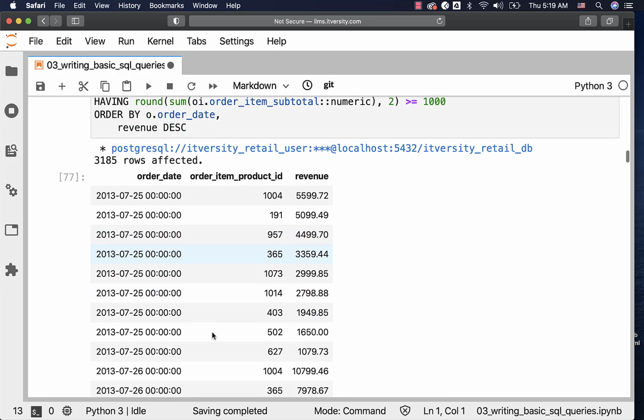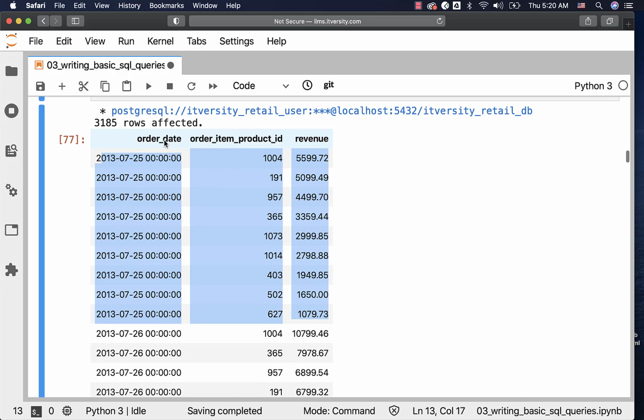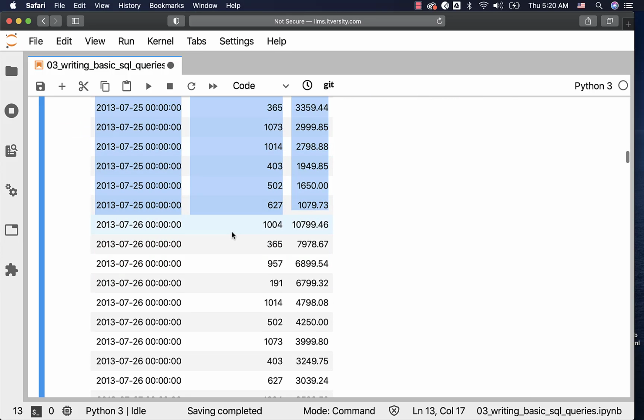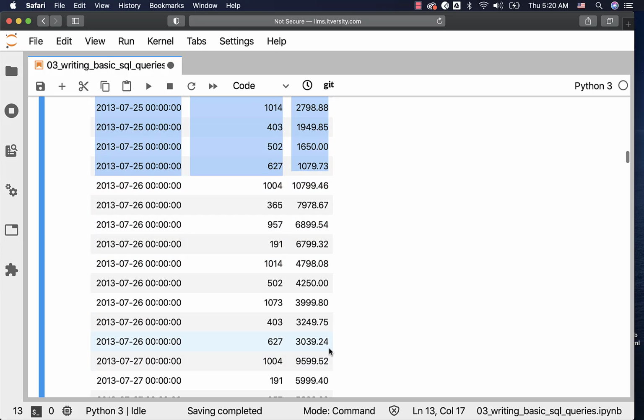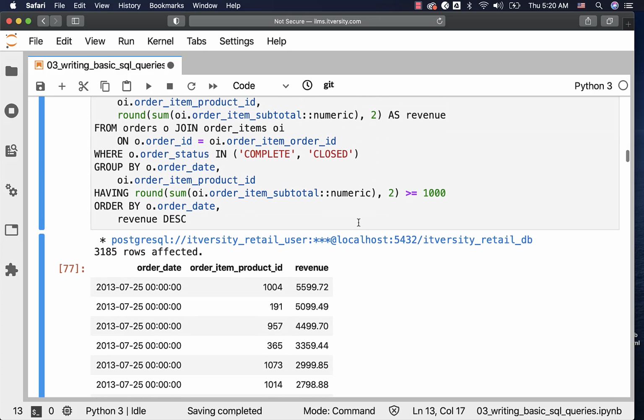You can see the results here. These are the records for 2013 July 25th where the revenue is greater than 1000 when we group the data on date and product ID. For 2013 July 26th, these are the records, and these are the products which have generated revenue of more than $1,000 for 2013 July 26th. This is how you should be able to leverage ORDER BY to sort the data in the desired fashion.